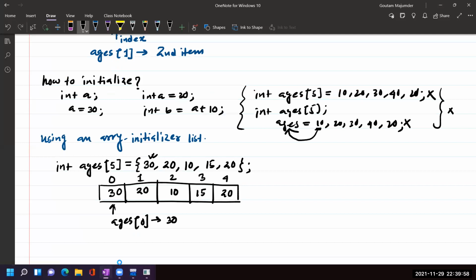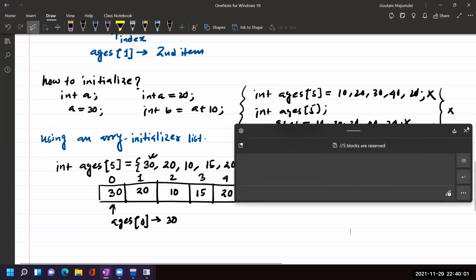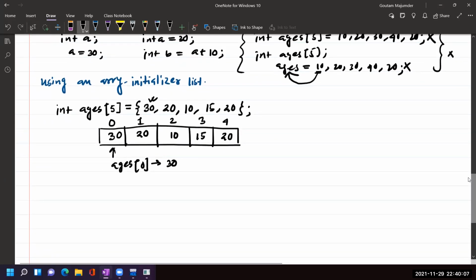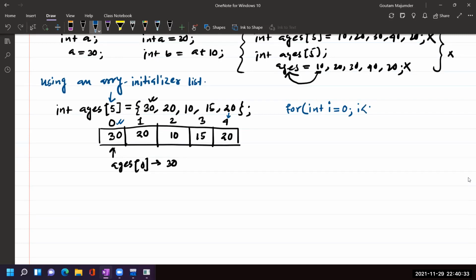So how do we do this? If you want to use a loop, how can we generate the indexes using it? Let's write a loop first. What is the starting value? The starting value is 0. So let's declare a loop control variable with value 0, the initialization. What will be the condition? Size is 5, but the highest index is 4. So we can write less than 5. Here 5 is the size of the array that we mentioned during the declaration.